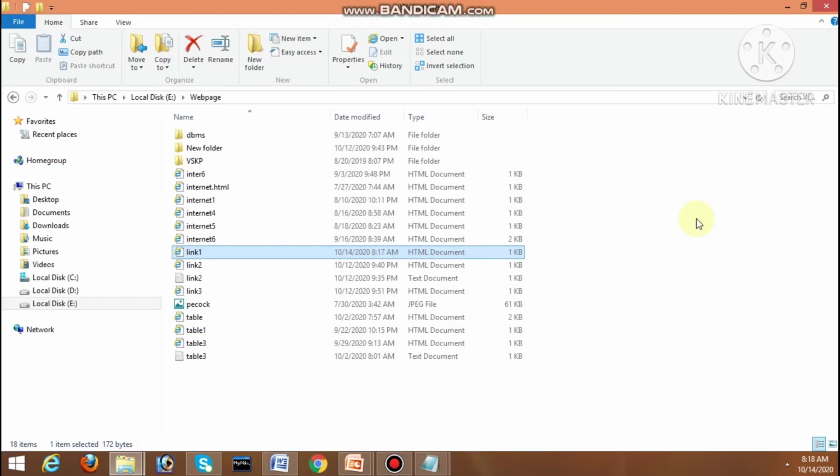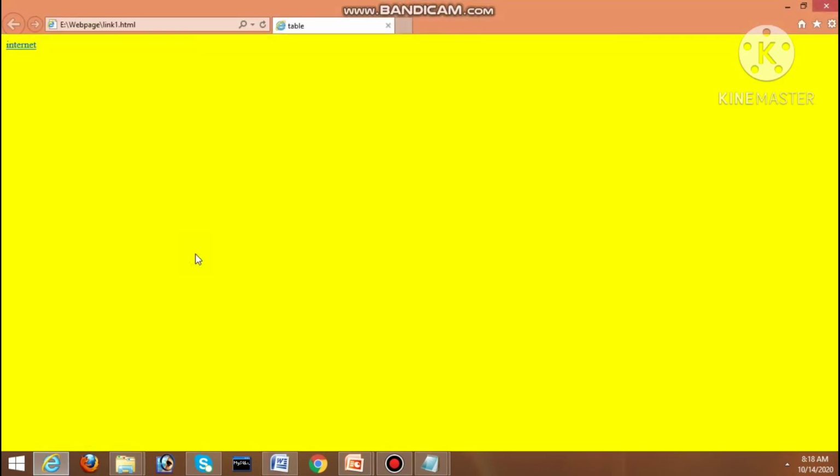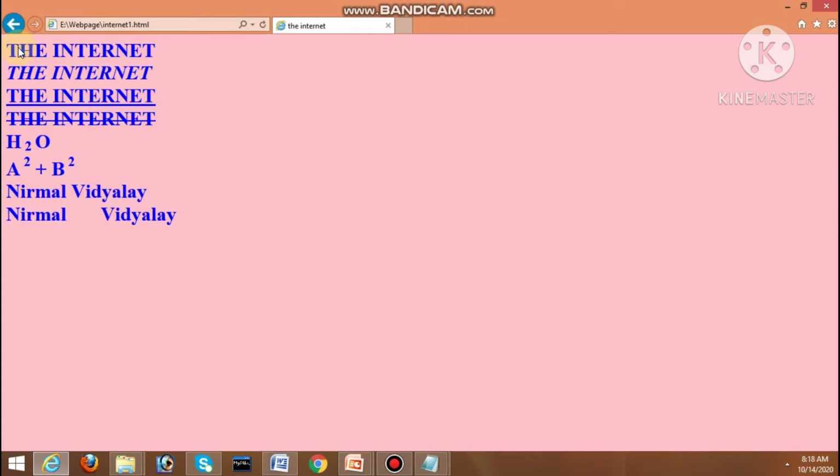Now go to E drive, link 1, double click it. Now see, here it displays "internet", which is in blue color and underlined. When you move the cursor and click it here, then keep your mouse here, see what happened, it changed to the hand icon. Then click it, see what happened, it moves to another page, that is another HTML file,